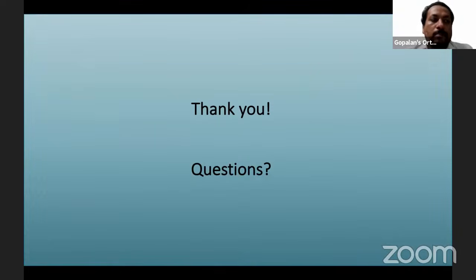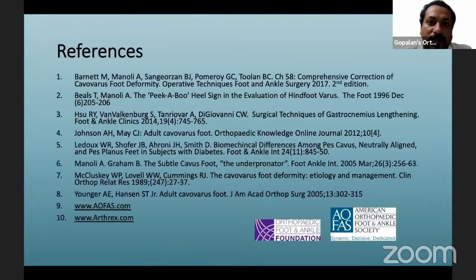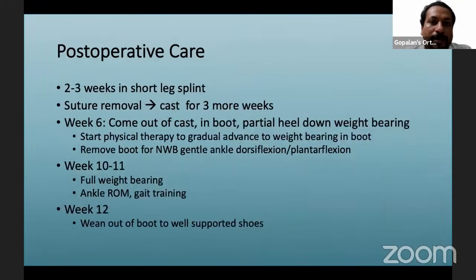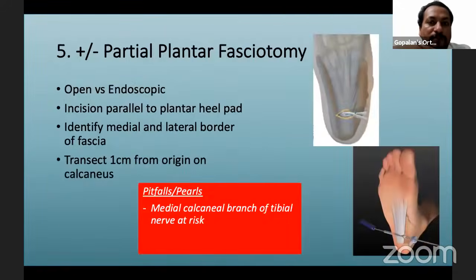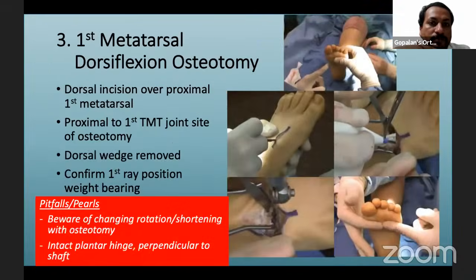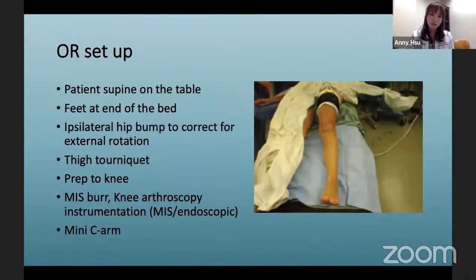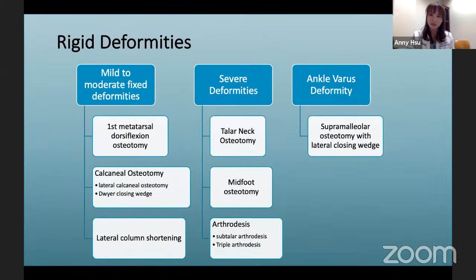A couple of questions. Annie, what do you think is the role for a midfoot dorsal wedge osteotomy, the one described by Japas? For example, if you have the entire medial as well as lateral elevated, do you think midfoot osteotomy is better? I do think midfoot osteotomy is better for the deformity that you were describing, primarily because that is the center of rotation, as opposed to correcting your inversion and eversion, hindfoot and forefoot, where you're really working around the center focal problem.